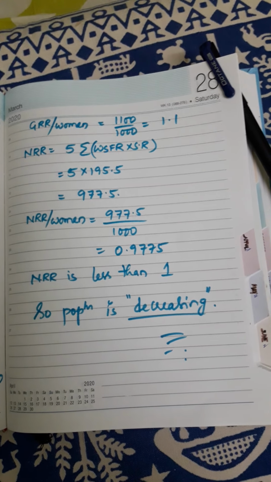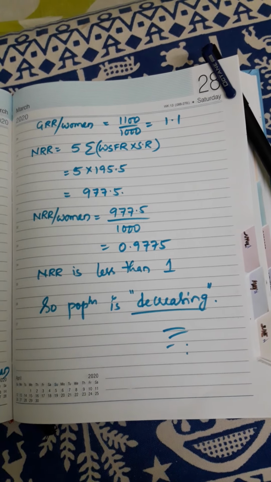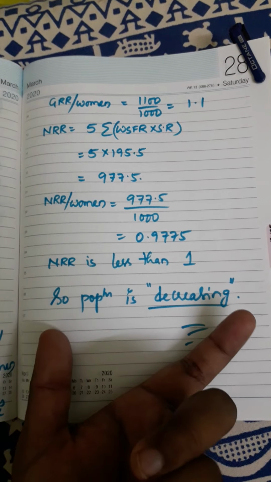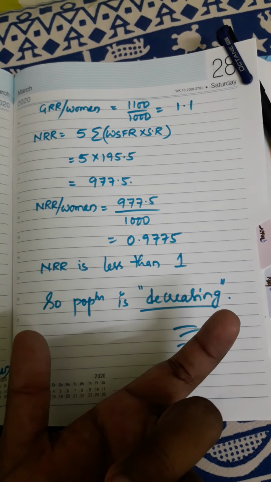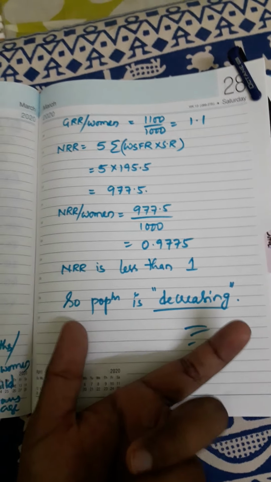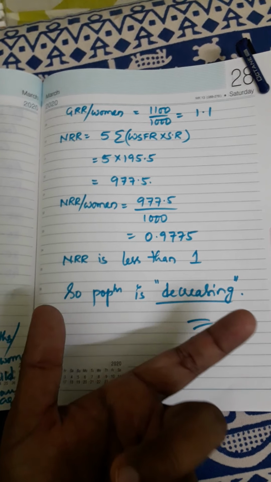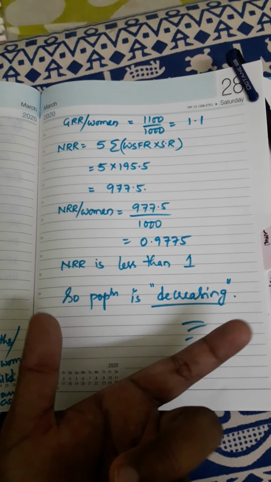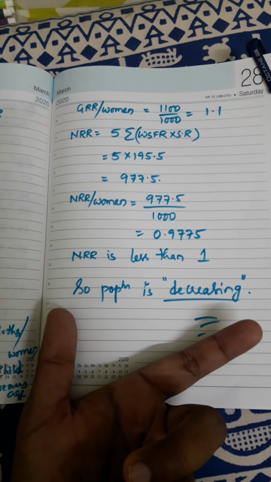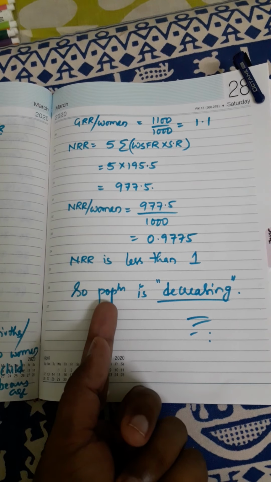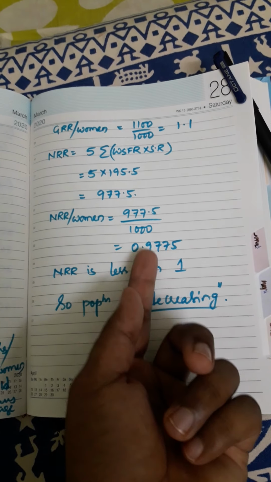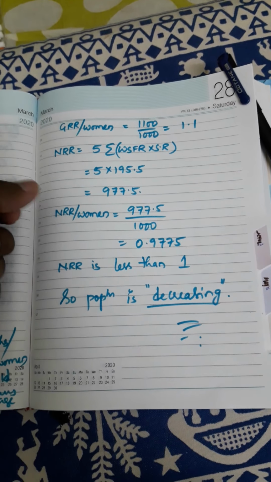So we keep on overcoming each and every demerit in the next methods. Ultimately we have ended up with the refined fertility rate, the NRR. Comparison of the fertility rates of two different populations is also taken into account in NRR. That is the reason that with the NRR method we can find out the rate of growth of population, whether it is decreasing or increasing. This rate, 0.9775, is what we are calculating in NRR.